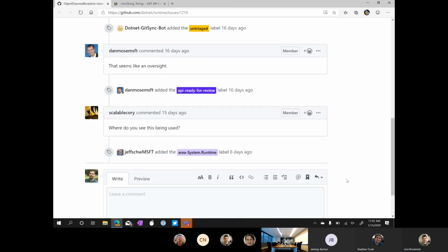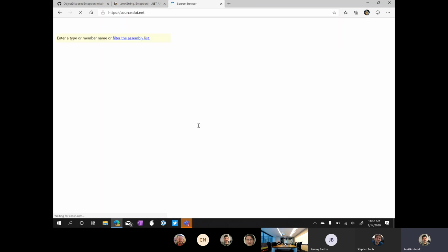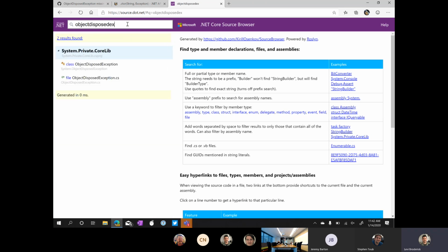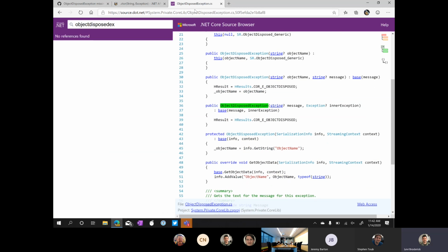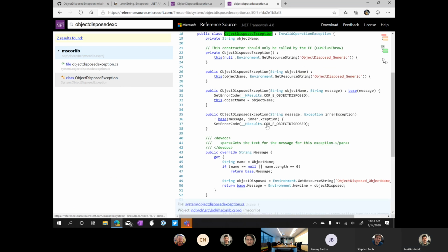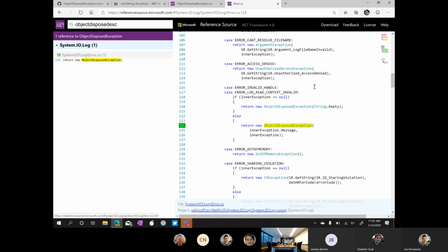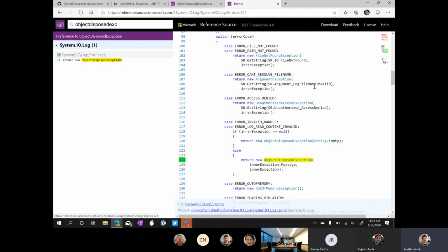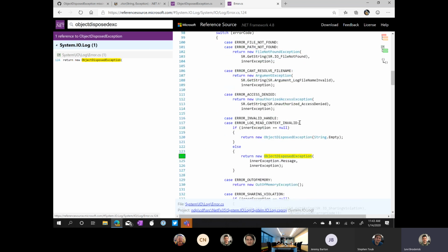Can we see if the constructor taking an inner exception is ever being called? Let me see. ObjectDisposedException, inner exception. So no one's calling that. That makes sense. Let's check reference source. This one. Oh man. I don't really know what's going on here. Exception for known code. Oh, so they're getting back effectively an HRESULT, turning it into an ObjectDisposedException, and then,